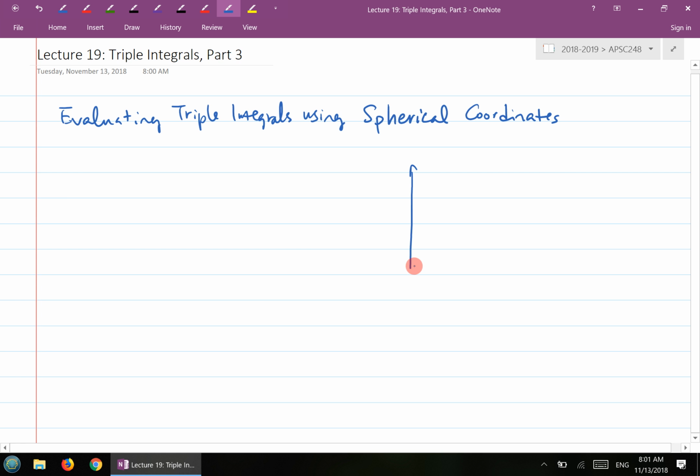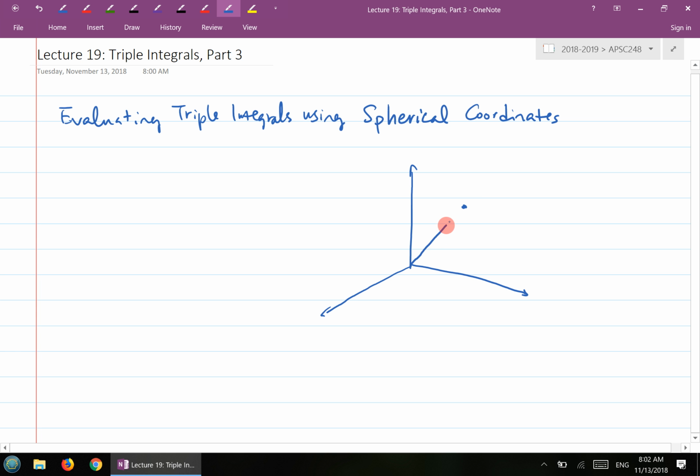In 3D space, if we have a point given, you can certainly describe this point using Cartesian coordinates x, y, z, or you can use cylindrical coordinates r, theta, z. So this time we'll use a set of three different variables. First,